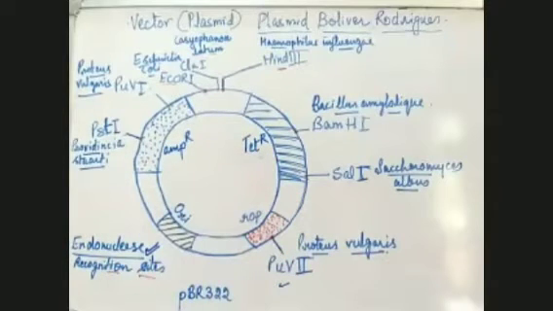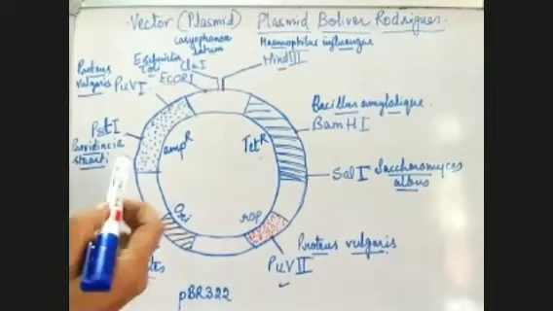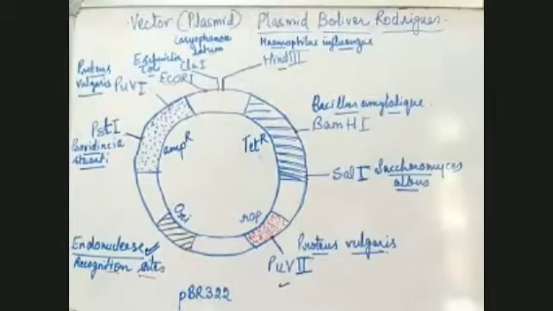So if we see in this vector, which is pBR322, how many recognition sites do we have? Can you tell me how many recognition sites are there? Recognition sites mean the places where the cuts will be made by different endonucleases. Just count and let me know. How many recognition sites are there where the cuts can be made? Yes, beta, answer my question. Yes, Paras Singh is saying 8.